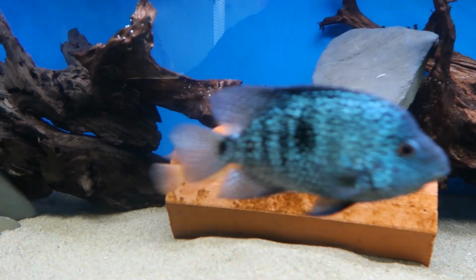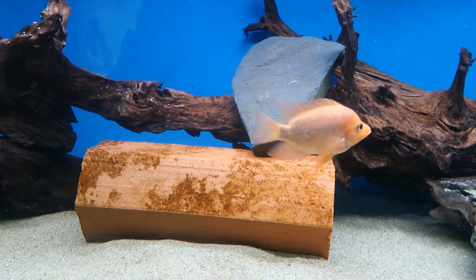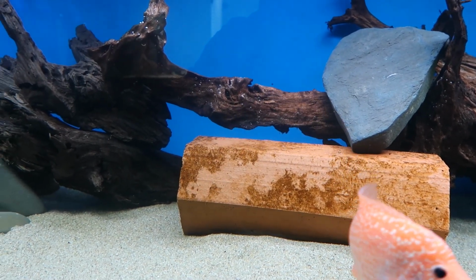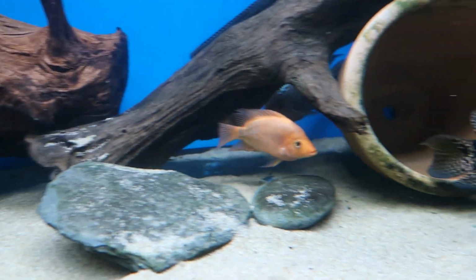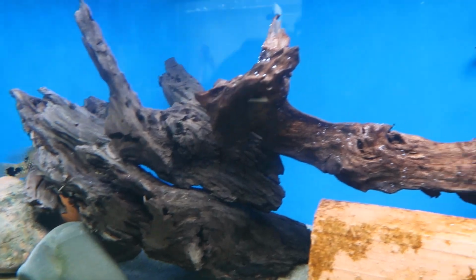But again, you've got to just keep them guessing. And like I said, I don't get deaths. So you know what, fish can be annoying with each other, but they don't hurt each other. If you look at the fins, nothing's damaged or anything like that. So anyway, going back to the barred Midas,